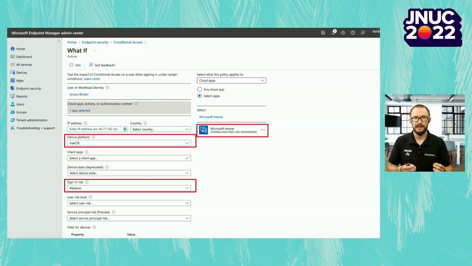As you can see, here we have selected my user that wants to access Microsoft Intune from a macOS device. The user, according to Azure AD Identity Protection that I mentioned previously, also has a medium risk score. With this input, let's see which of these conditions trigger which requirements.